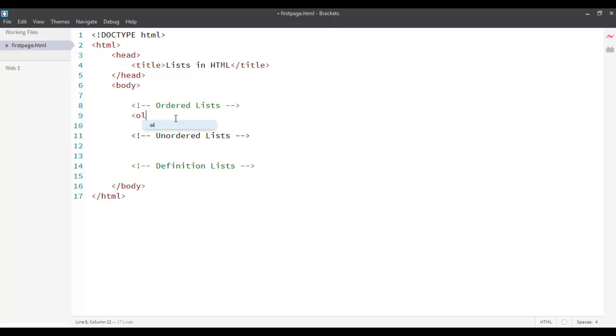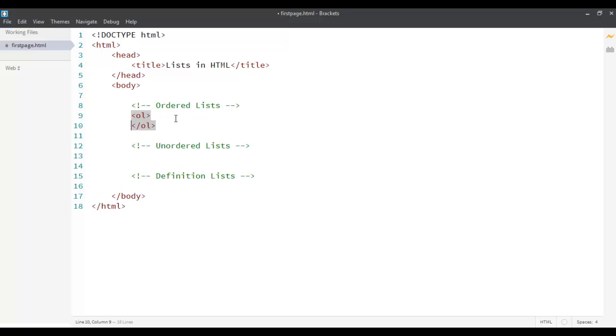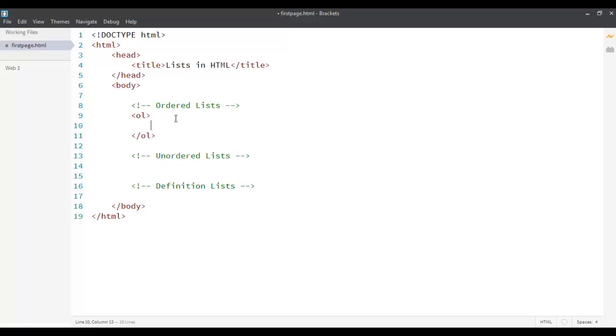An ordered list is included on a page by enclosing the list inside the OL tag. OL stands for ordered list. Each item within that list is included within the LI tags. So for example, if I have an ordered list for the technologies that I'm learning in this course, I could put